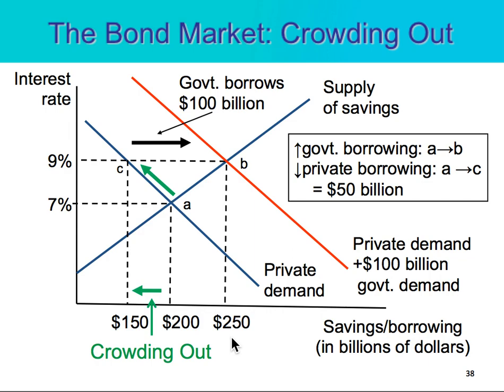This phenomenon of crowding out is one of the things that concerns people most about government budget deficits and the need of the government to borrow money. There's some controversy about the degree of crowding out that occurs, particularly when interest rates are very low as they are now. And as we'll learn later, the Federal Reserve Bank, or the Central Bank of the United States, has certain powers at its disposal that can help affect this situation.